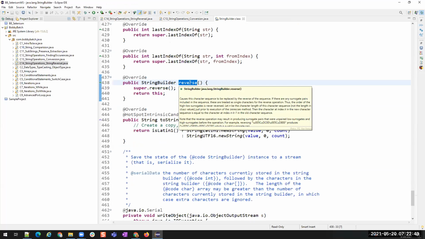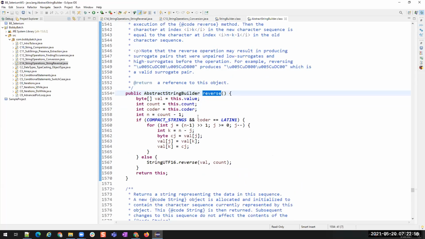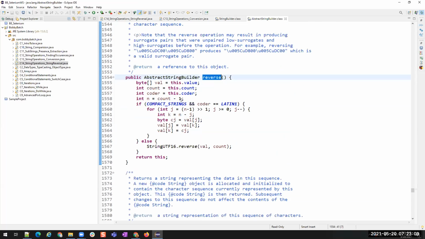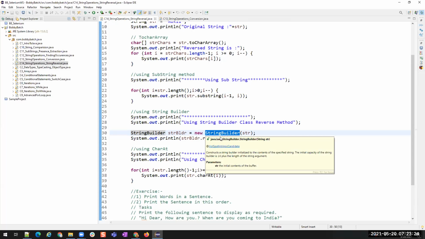Okay, string reverse. And then here again, this is a reverse method which is calling the reverse method from somewhere else, from this parent class. I'm clicking again here. It is taking me to that place. So this is the source code for reversing the string. Let's ignore it. So this reverse method is present in some class called StringBuilder, and from the StringBuilder class we are calling it.